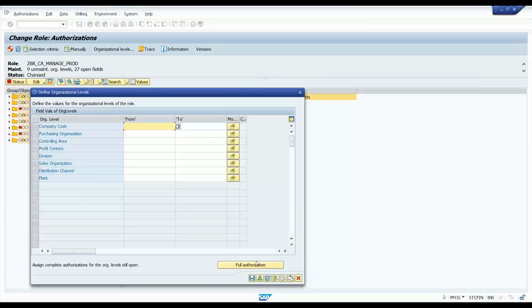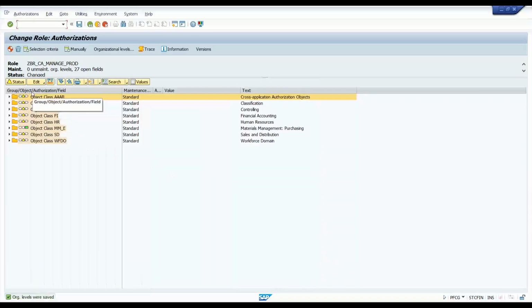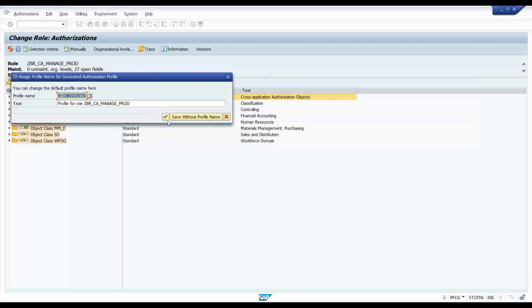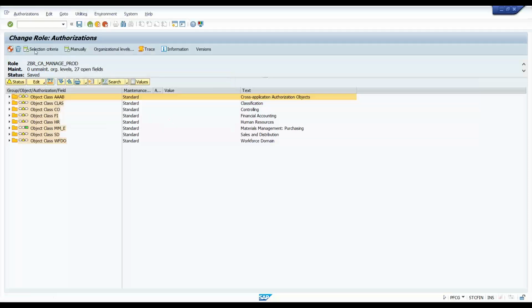These properties, these field values, it needs. I'm giving full authorization so that you can see full data of this. So this is what happens. Some applications would require additional parameters which system will pop up on the screen. I save, generate profile,